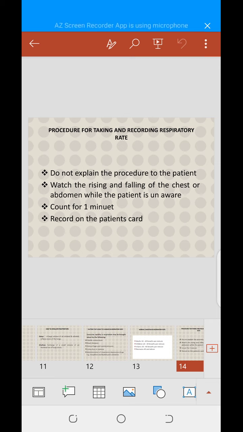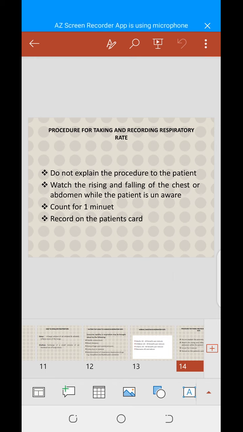But when it comes to respiratory rate, you are expected to make sure that the patient is not aware, because the more you tell the patient, I want to take your respiration, it will automatically change. Secondly, you are to watch the rising and falling of the chest or abdomen while the patient is unaware. You are expected to what? To look at the chest or observe the rising and falling of the chest while the patient is not aware,